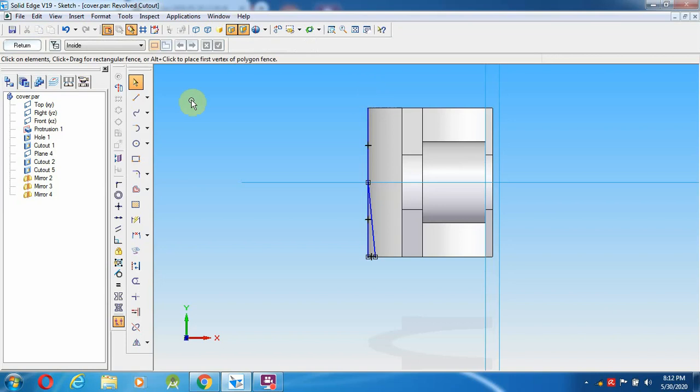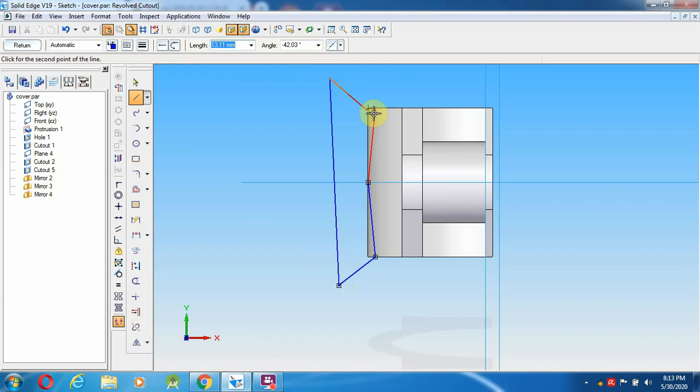So delete. Select the line from here, 1.5 mm distance, and make the midline. Now select the trim option, this as well as this one I'm going to trim. This I drew for reference purposes. After drawing this, select a line from here to make it the profile; any profile is fine, it's not an issue, since it is the cutout.